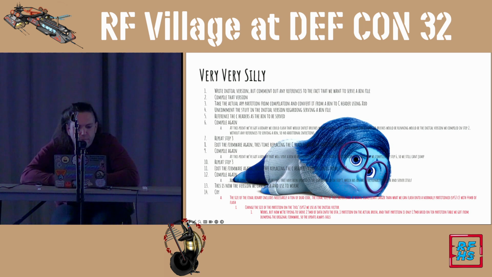The important part there is down in red at the bottom, where essentially, after compiling and then decompiling and then re-referencing and then recompiling like 8 times, eventually I was able to make my firmware reference a complete version of itself. The issue is this: the size of the final binary that gets compiled at that point has a ton of dead code inside of it, and the final size of the sketch ends up being significantly larger than what we can flash on a normally partitioned ESP32 C3 with 4 megabytes of flash, which is our intended starting vector to